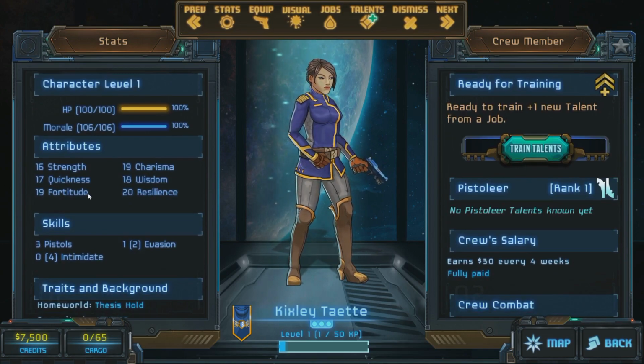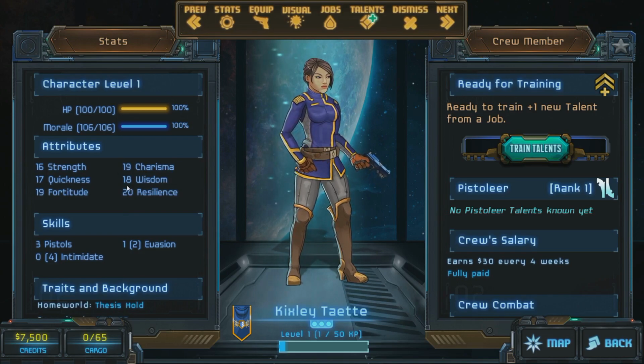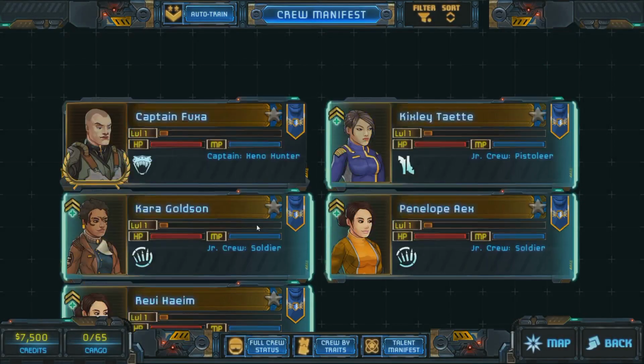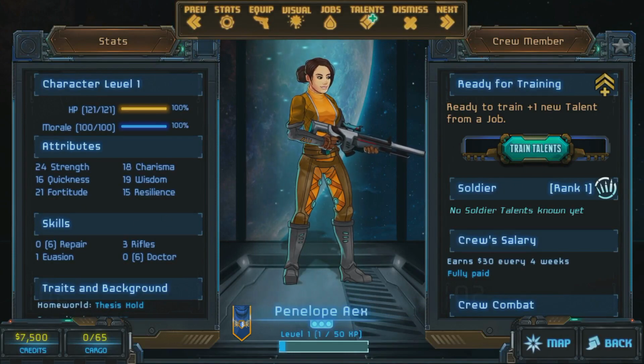This pistolier has stats I've never seen a pistolier get this bad on the starting run, because usually when you're recruiting people, you can recruit people of this quality. So usually the guys on your ship are going to get better quality than this with stats. Let's just go to one of these other guys here. That's kind of decent. She's also kind of bad, but,